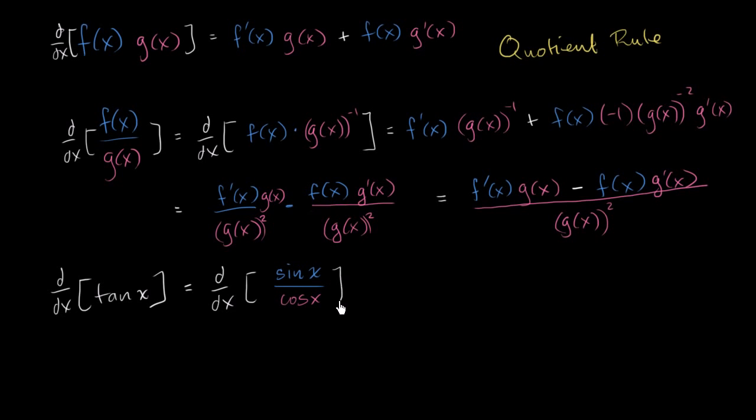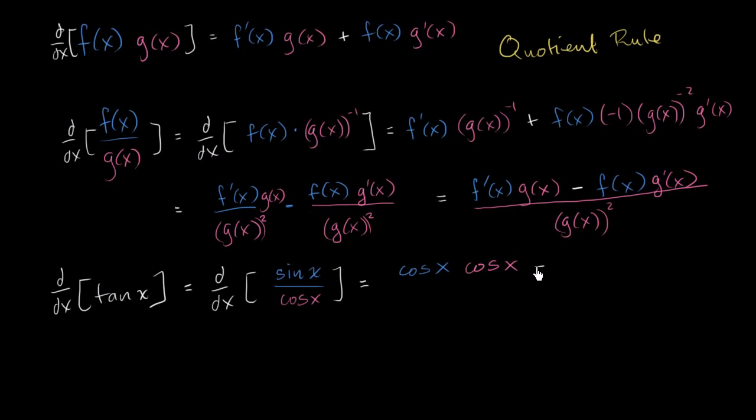And now it looks clear that our expression is the ratio, or it's one function over another function. So now we can just apply the quotient rule. So all of this business is going to be equal to the derivative of sine of x times cosine of x. So what's the derivative of sine of x? Well, that's just cosine of x. So it's cosine of x, the derivative of sine of x, times whatever function we had in the denominator. So times cosine of x